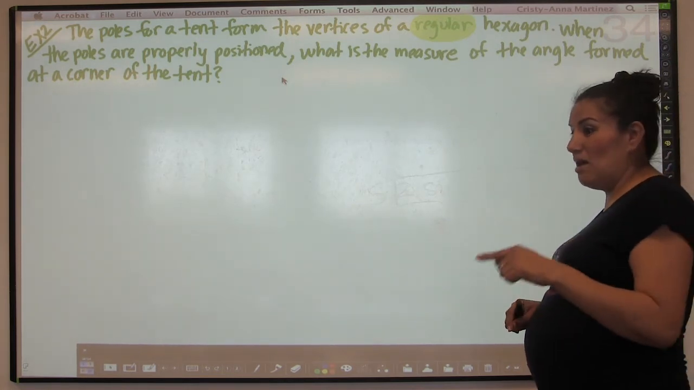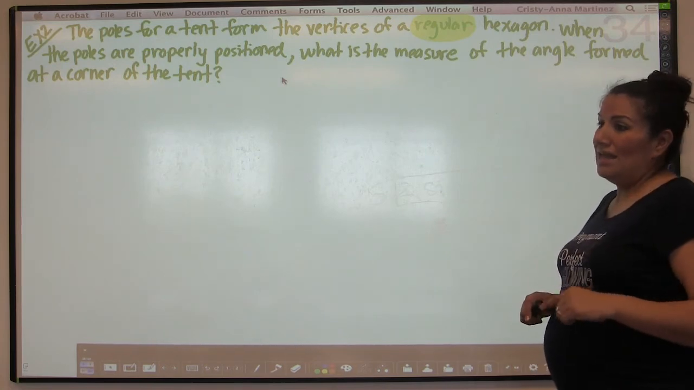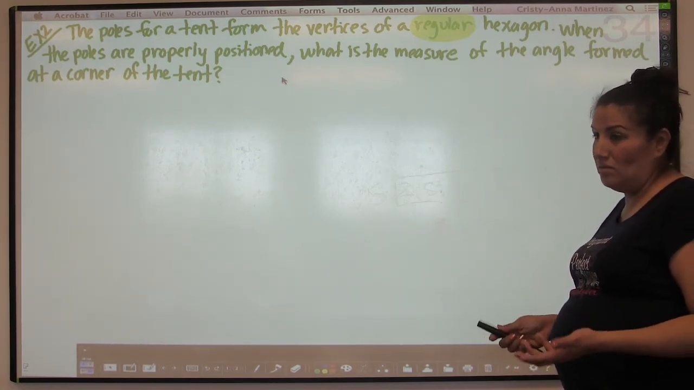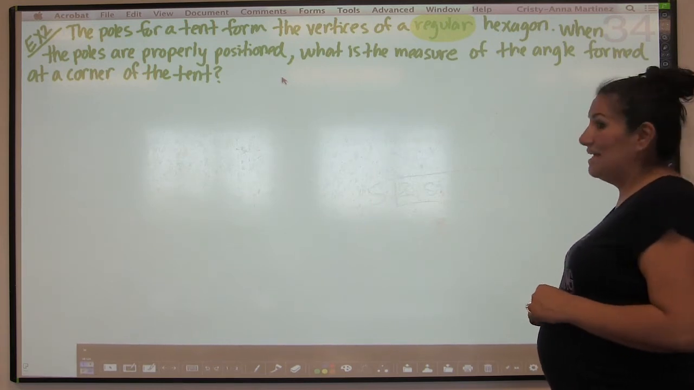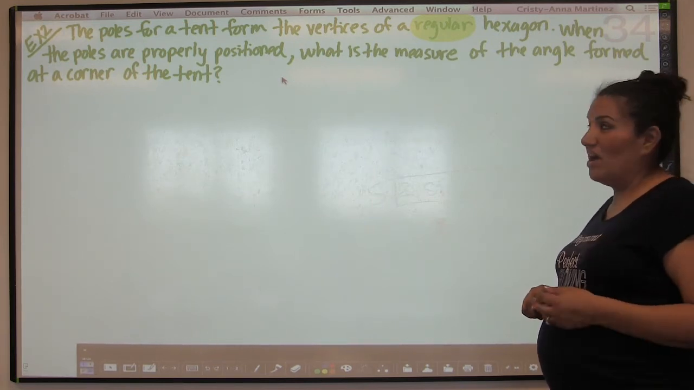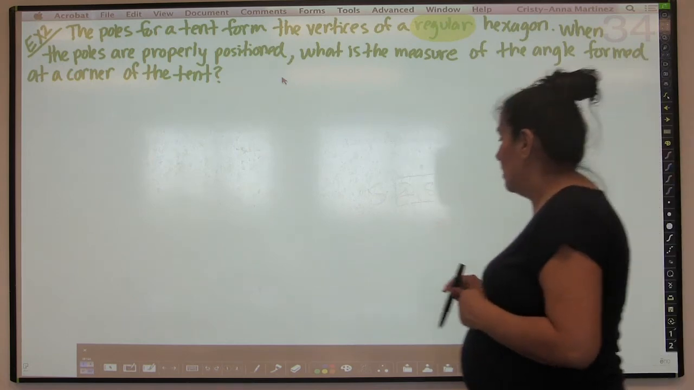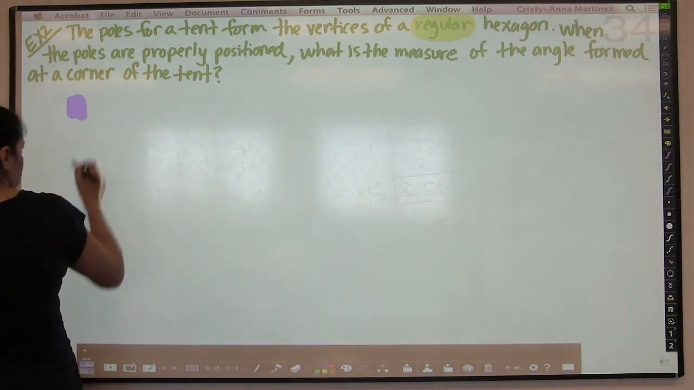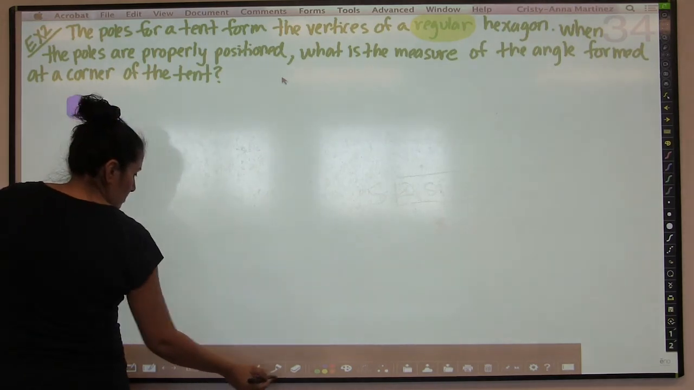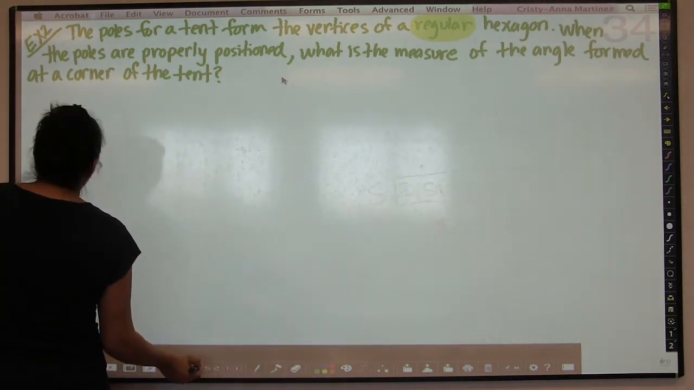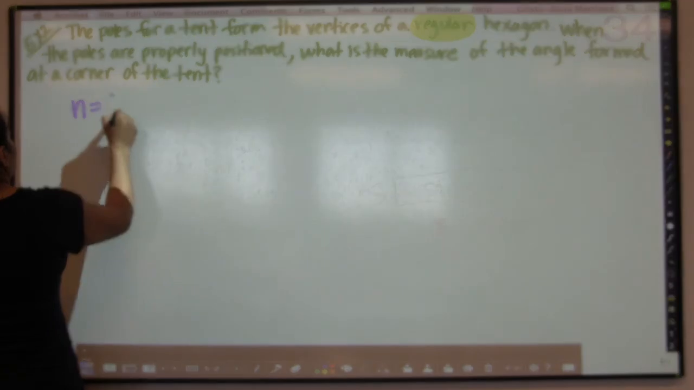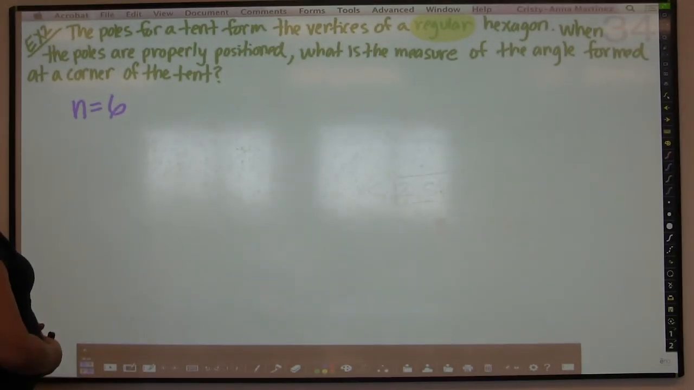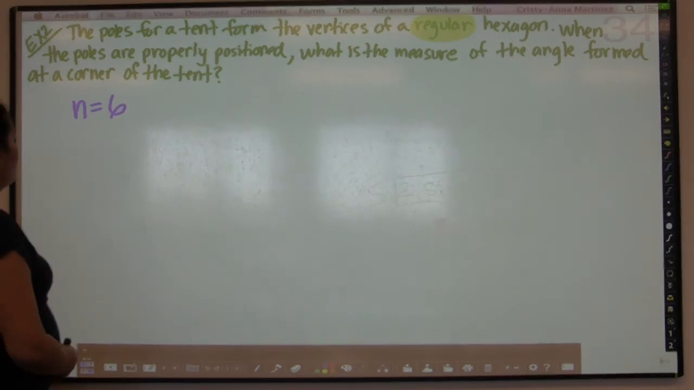And there are the same amount of angles in a polygon as there are sides. So a triangle has 3 sides, but it also has 3 angles. A pentagon has 5 sides, but it also has 5 angles. And here we're talking about a hexagon. And so in a hexagon, the number of sides is 6. All right, so it says, what is the measure of the angle that is formed at the corner